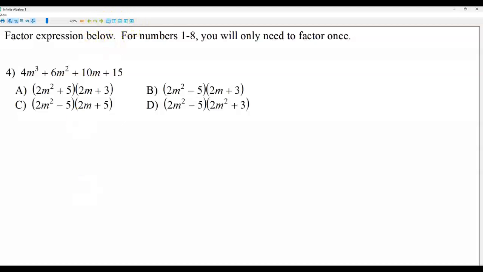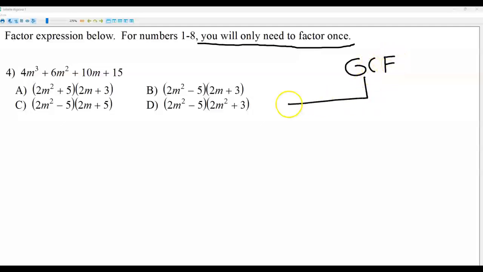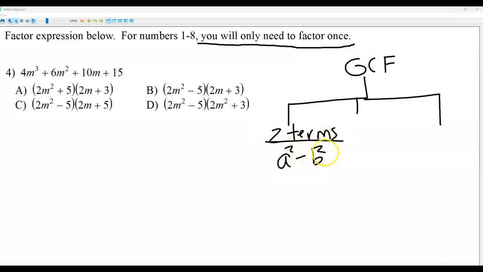All right, now for numbers 1 through 8, we're going to factor, but we're only going to have to factor once. Now, typically when you're factoring, the first thing you do is look for a GCF. And then after that, based on the number of terms that you have, you are going to do one of 3 things. If there are 2 terms, it's going to be possibly a difference of squares. That's where you have 2 perfect squares that are being subtracted. And when you factor those, you get one positive and one negative version of the square root of the values